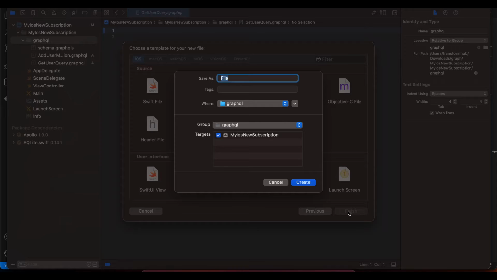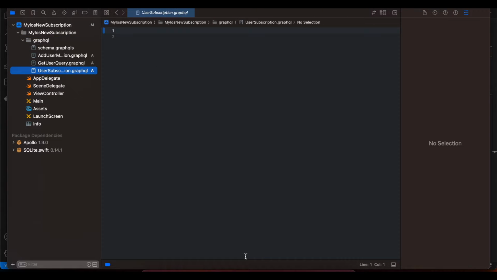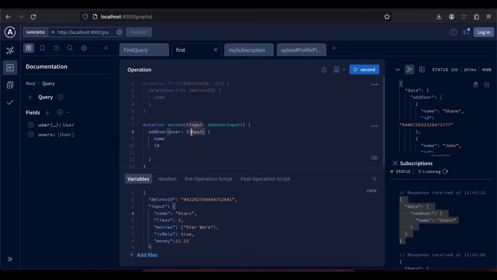Okay, and I'll name it, I don't know, user subscription, I guess, user subscription dot GraphQL. Okay, so I have already created all these 3 files,